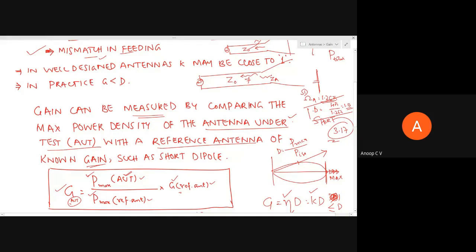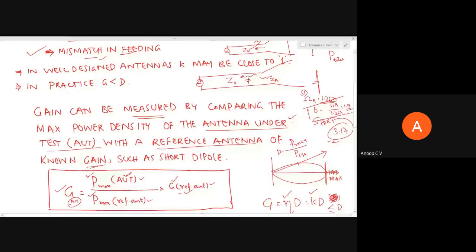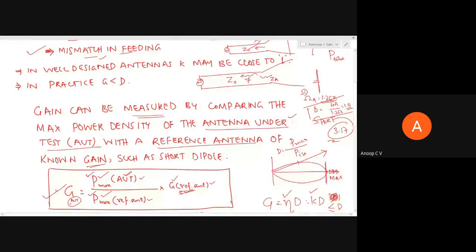Okay, yeah, fine. So maybe we'll come to that figure later. So this is a short dipole, and we may know its gain. So this gain will be known, and if you take the ratio of maximum radiation of the given antenna to maximum radiation of the reference antenna times its gain, that is how we can practically find out gain. But after studying the Friis transmission formula, I'll tell you one more practical method which you'll be using in lab to find gain. So as of now, please keep in mind the key takeaway: gain is an actual realizable quantity.